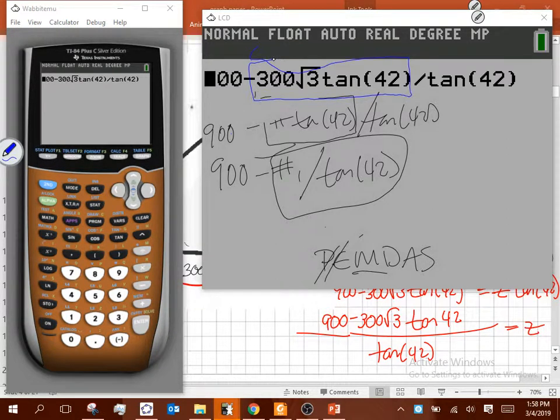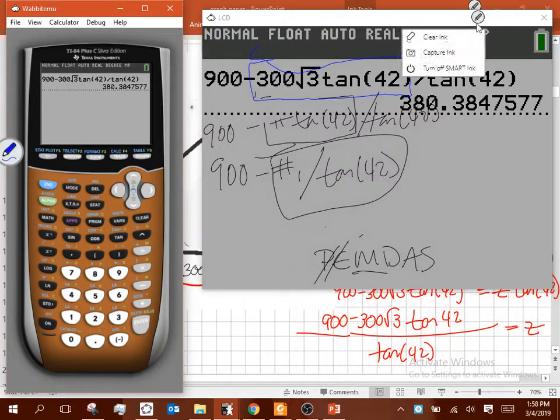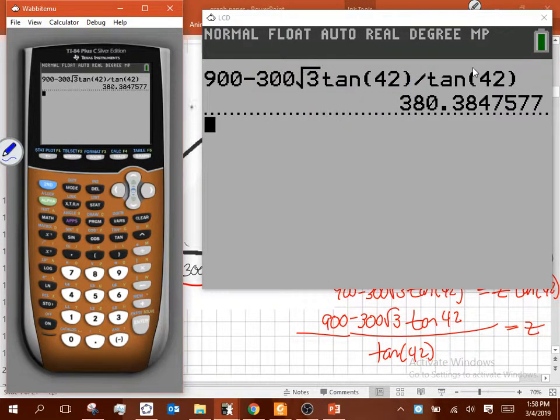That is the only thing in that blue box, that is the only thing that gets divided by tangent of 42. But look at how we wrote it by hand down here. What gets divided by tangent of 42? The whole thing, the 900 as well. So if I hit enter here, I get 380, and I know nothing about what type of answer I'm supposed to get, so I assume that that's a correct answer. Does that make sense? In contrast, it's the wrong answer, because I did not divide the 900 by tangent of 42 as well. So what I need to do to fix that